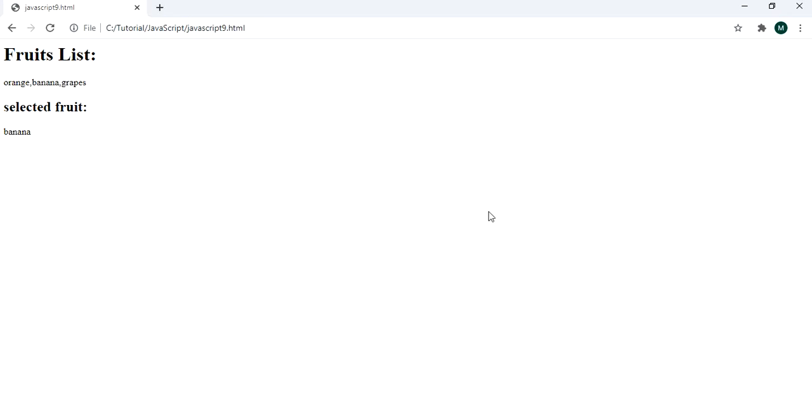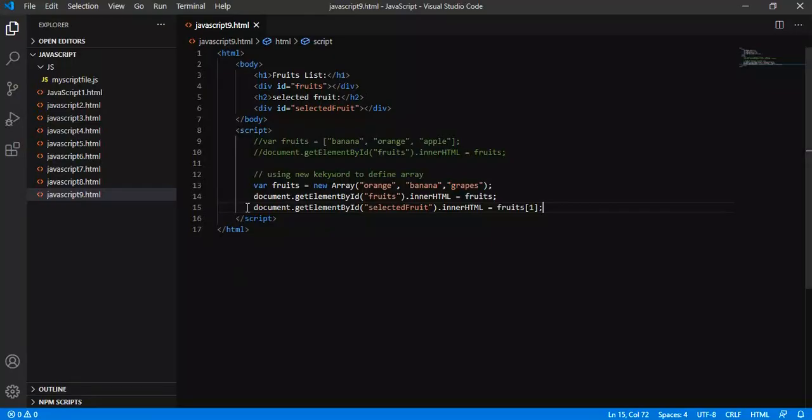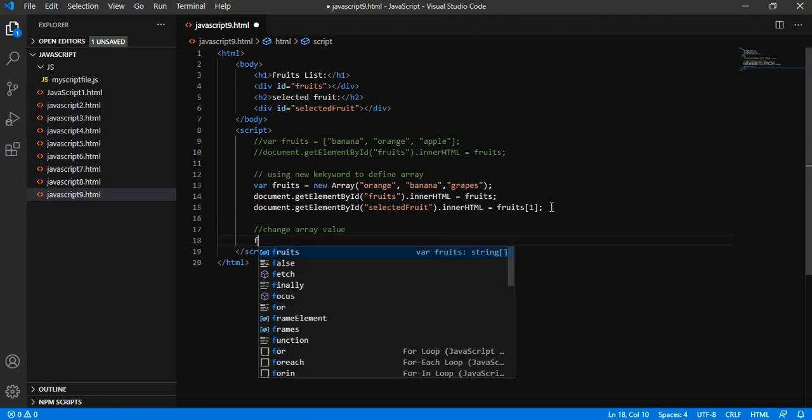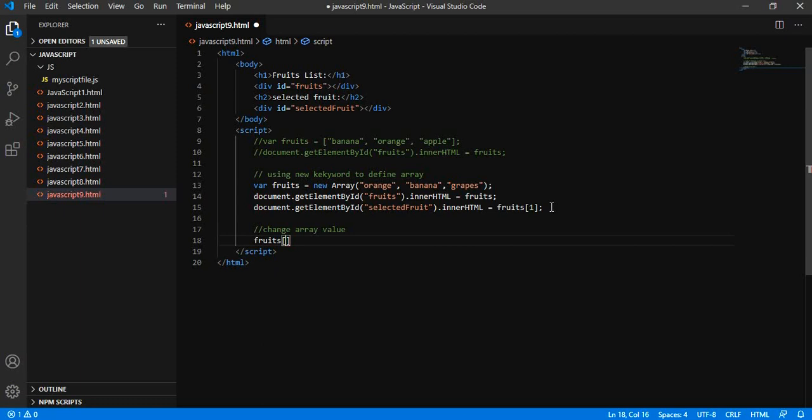Let us try to change the array value. We will simply write the variable name, and inside the brackets give the index number. Suppose that I am giving 2, that is grapes, and I am trying to give papaya, and again I am binding these values.